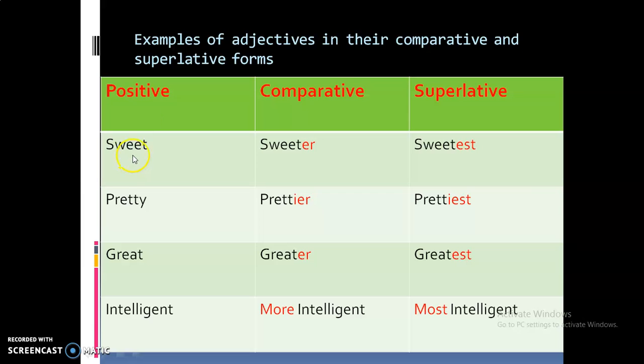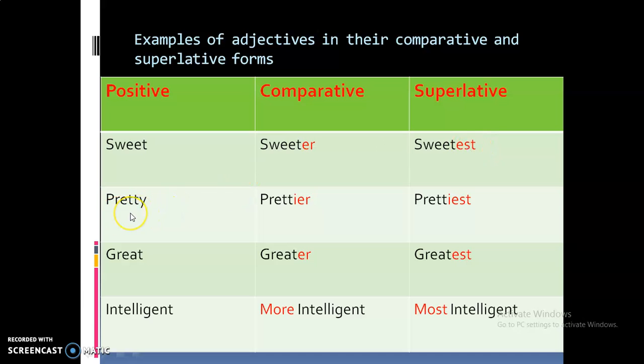This word sweet is the positive adjective. You can compare it: sweeter than something else. So you are comparing two sweets. This is sweeter than, so that is comparative. Next is the sweetest. I have had many sweets, and you can say this is the sweetest thing that you have ever had on this earth. So you add est for the superlative degree, that is the rule.